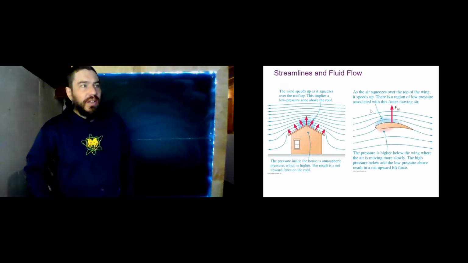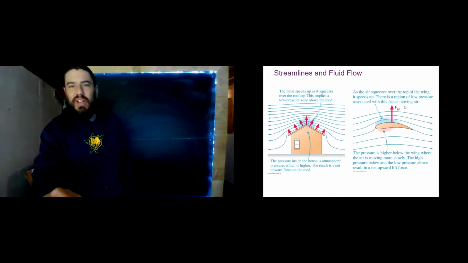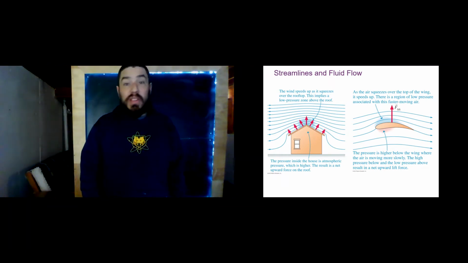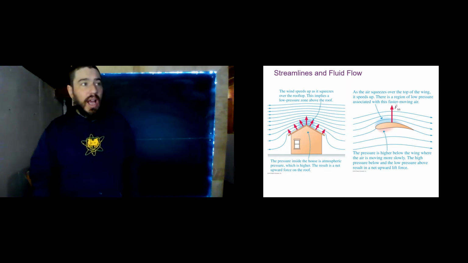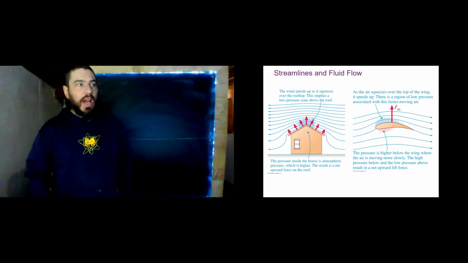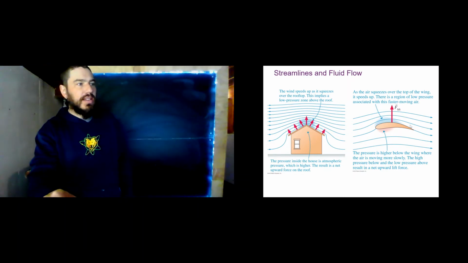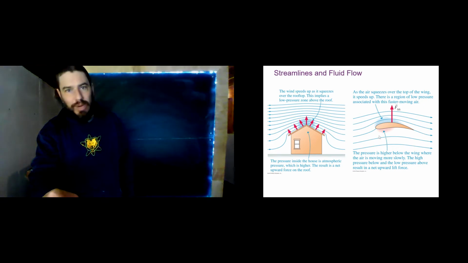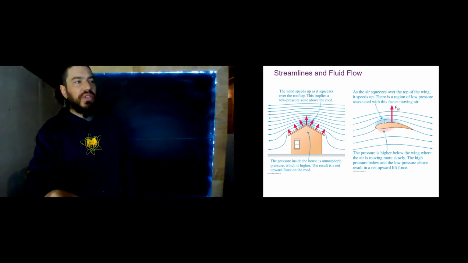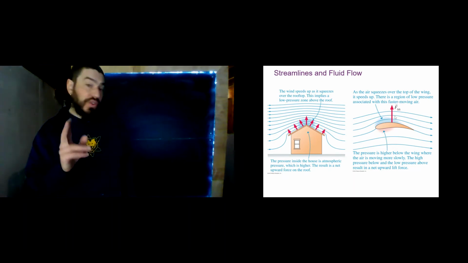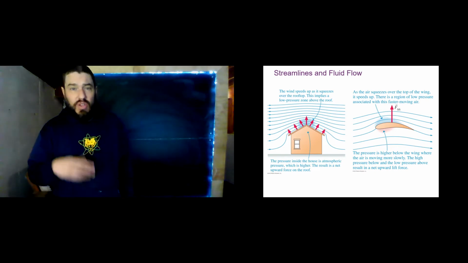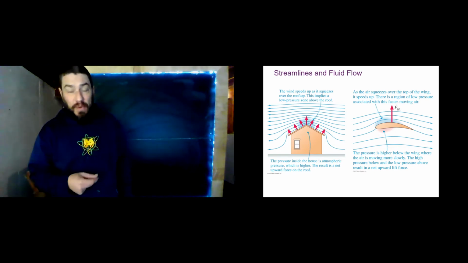Other examples include the flight of an airplane. Now, the flight of an airplane is more complicated than simply this, but this is a factor in determining how airplanes fly. An airplane wing is typically shaped like this. As the air flows by and over and around the airplane wing, the streamlines bunch up on top. Where the streamlines bunch up, the flow speed increases, the pressure decreases. So an airplane is pushed up from the bottom